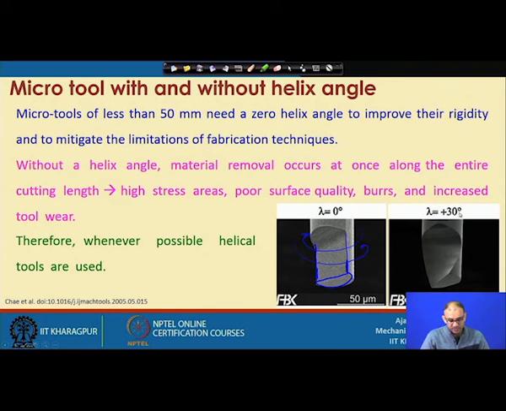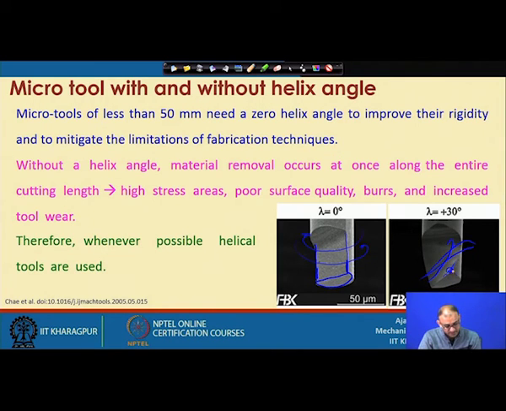So, this is the positive 30 degree helix angle. Now, you can see here that this particular edge will perform the machining operation, and you have a sharp helix angle here. So, movement of this chip will be very finely tuned in this particular case, but still you have only one edge.